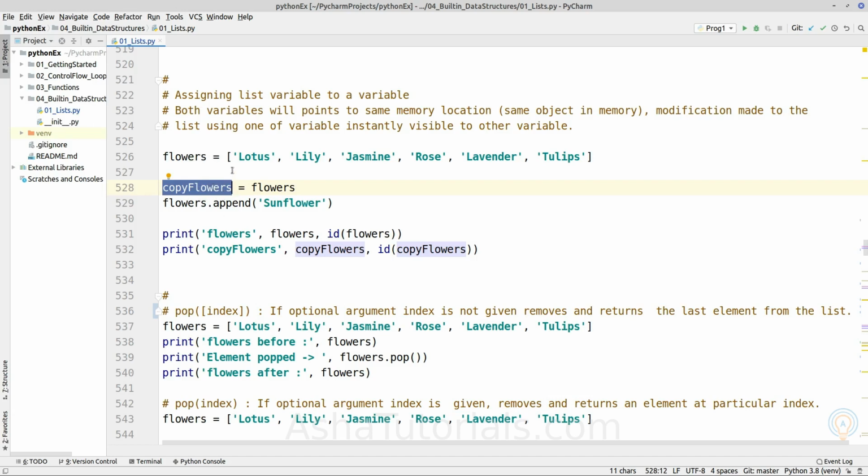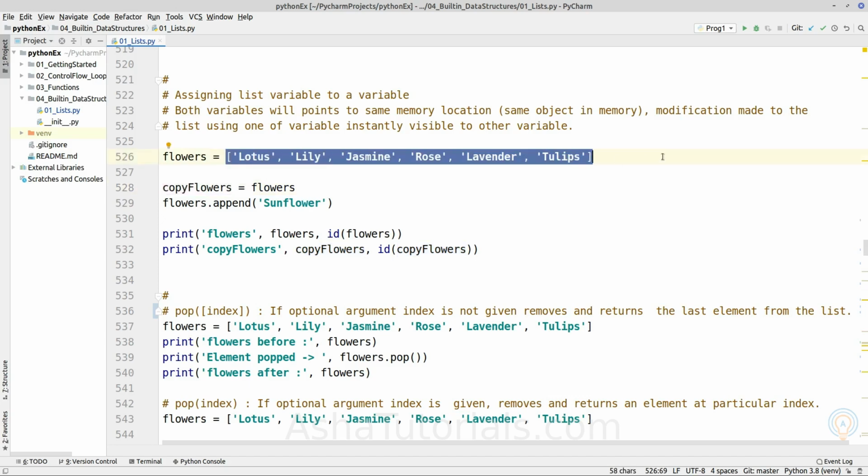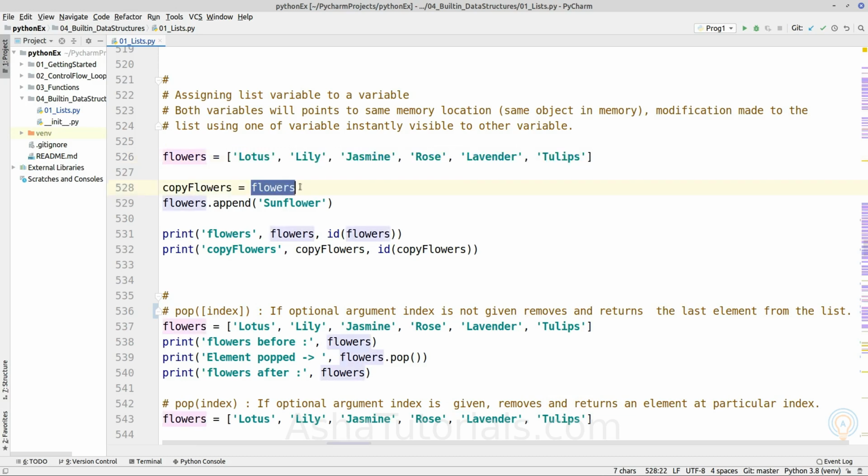It will not create a new list object. So both variables, flowers and copy flowers, are pointing to the same list object inside the memory. By assigning this, it will not create a new list object. So performing any operation on either of the two variables will modify the same object.